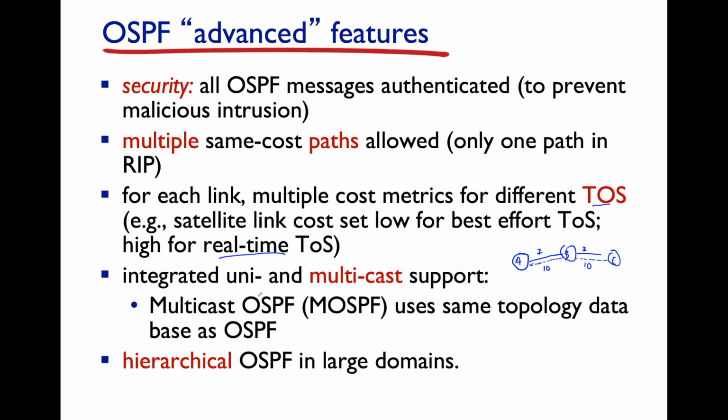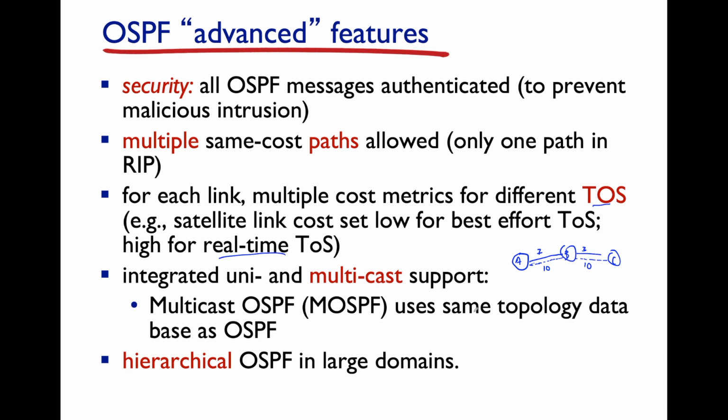You also have support for so-called multicast and unicast. With multicast, you use the same topology data, i.e. all of the link weights or edge weights in your network graph. But with multicast, you can set up what's called a spanning tree. And this spanning tree is a subtree that maintains connectivity among all the nodes such that you can now send one message once from one node and it'll get delivered automatically to all the nodes on this so-called spanning tree